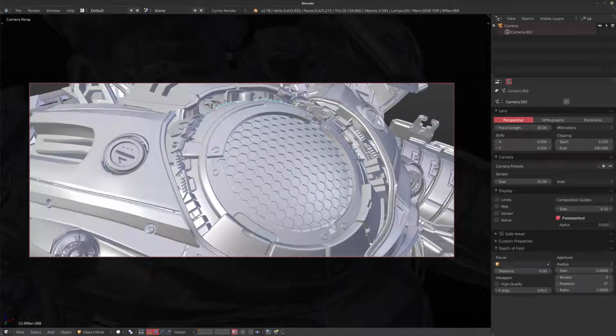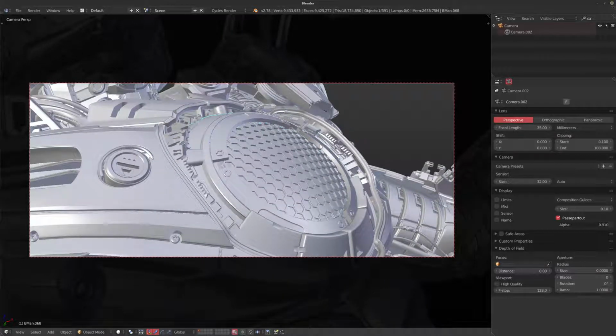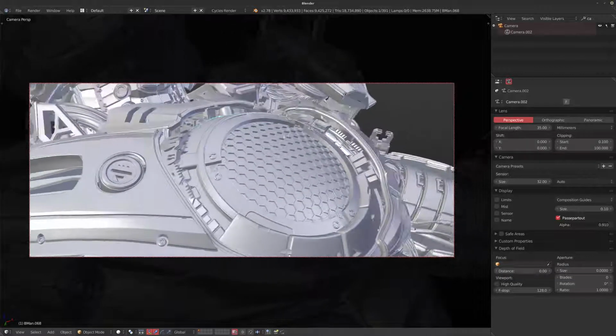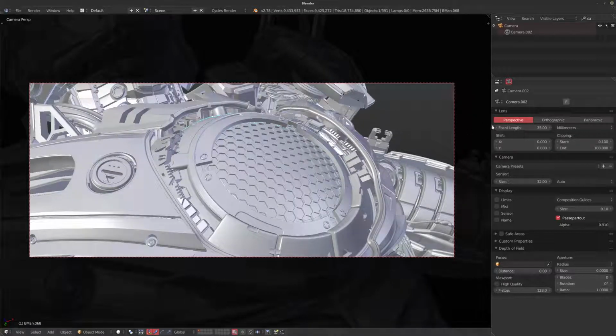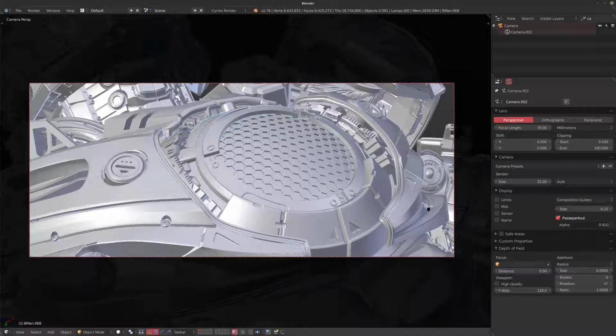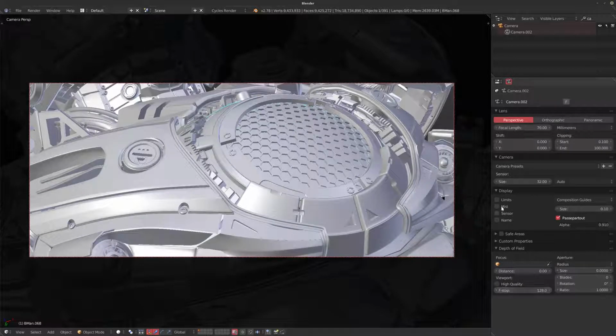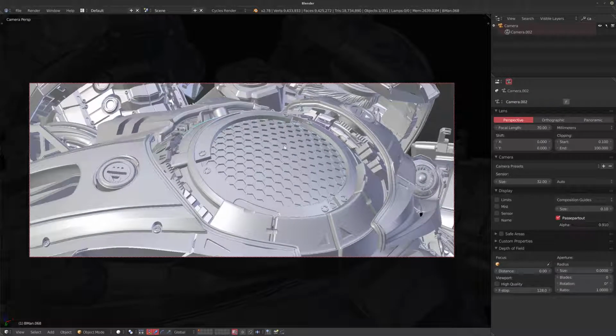And if you want to get those really close, very tight shots where you feel like you're very close to everything, then increasing the focal length can definitely be a really good thing to do. Now, let's say if I increase this to 70, you can see the background is sort of flattened out a little bit, and if we use this in combination with our depth of field, then we can get some really